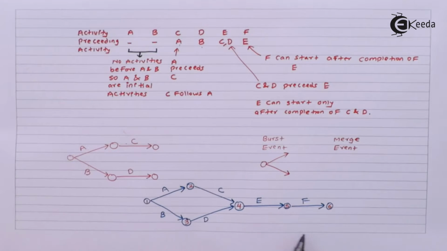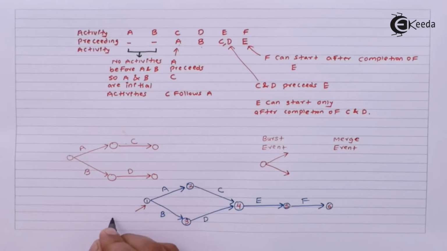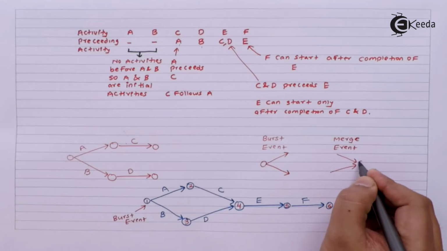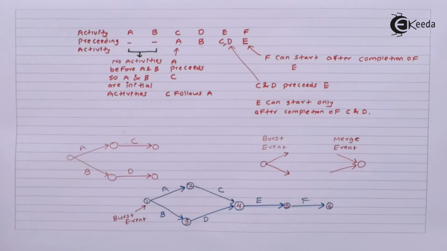In our diagram, A and B, both the activities start from node 1. Therefore, this can be called as the burst event. On the other hand, when two or more activities are joined at one single point,